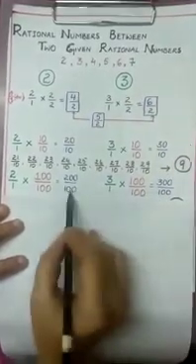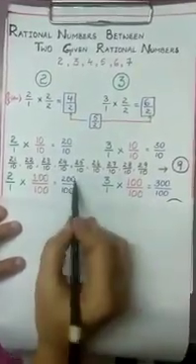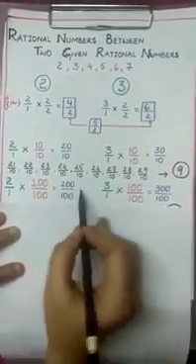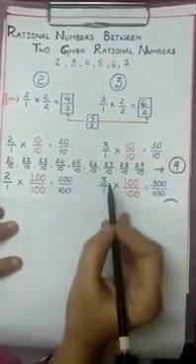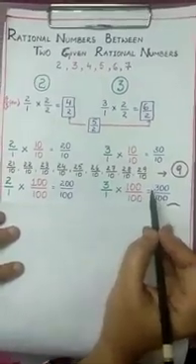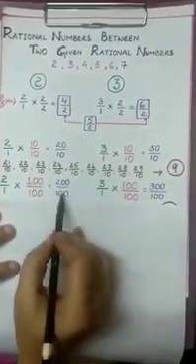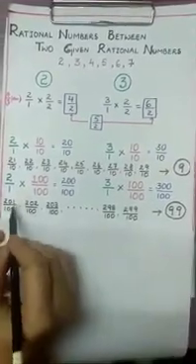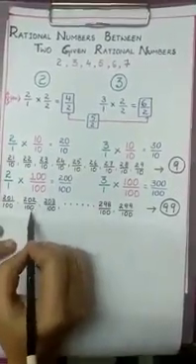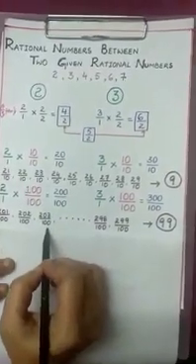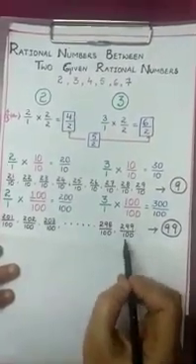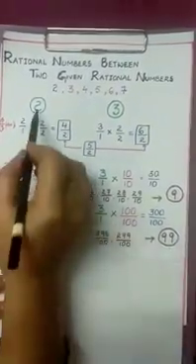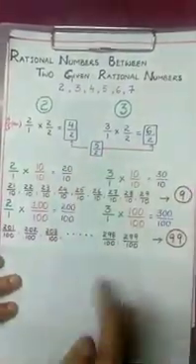Now again both are like fractions. See the numerators 200 and 300. The whole numbers between them are 201, 202, 203 and so on up to 299. So the rational numbers in between these two we have are 201 by 100, 202 by 100, 203 by 100 and so on up to 299 by 100. It means that there are 99 rational numbers in between 2 and 3.